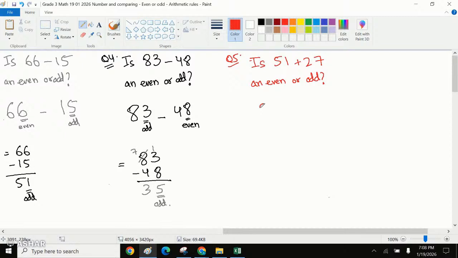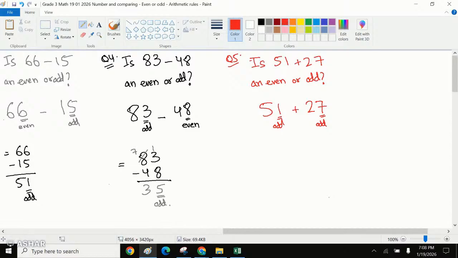We can say 51 ends with a 1. That means this is odd. Plus 27, this is also odd. And we know that when both the numbers are odd or both the numbers are even, the result will always